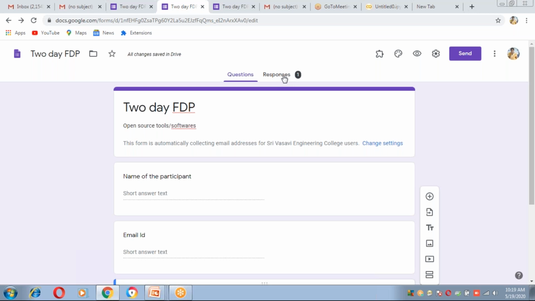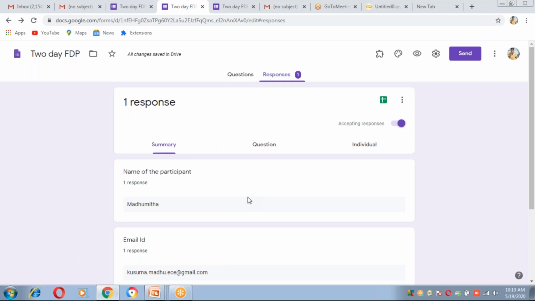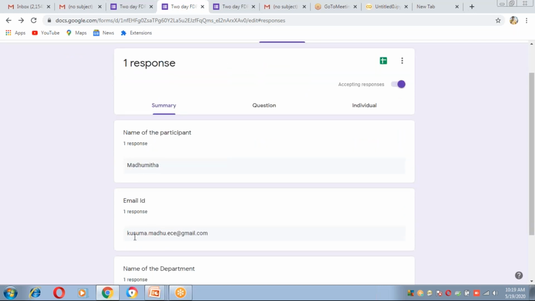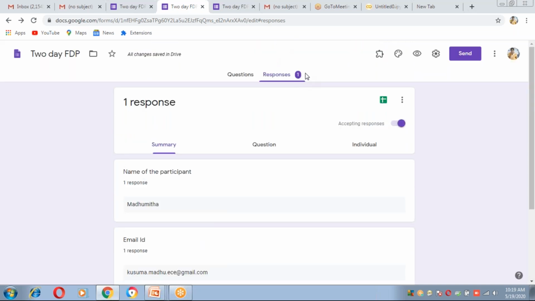Likewise, however many participants have submitted the Google Form, that count will be displayed here. Here there is only one response, so that's why the name, mail ID and department are displayed. Likewise, if many responses come, those responses can be seen in the Excel sheet.